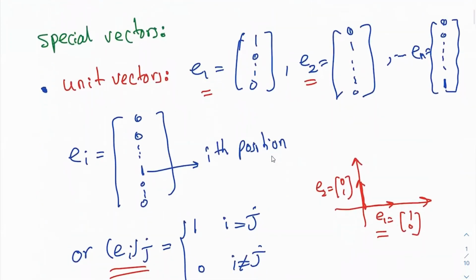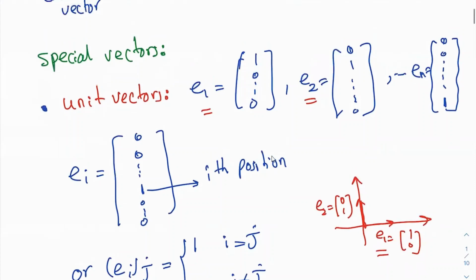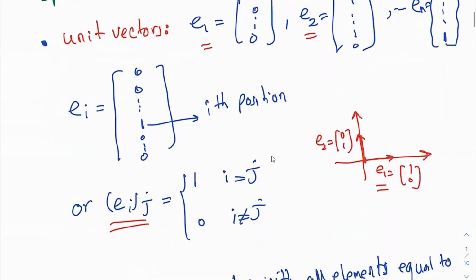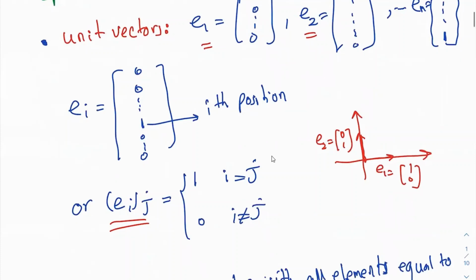Okay, now let's talk about the special vectors. These are the vectors that are used widely in the literature. That's why they have a specific name. So, unit vector. Unit vector is a vector that determines the direction of a vector. It has a magnitude of 1. It's only used to show the directionality. So, for example, here I have the unit vectors for the 2D Cartesian coordinate system in red. E1 is the first unit vector, usually denoted in the literature as i,